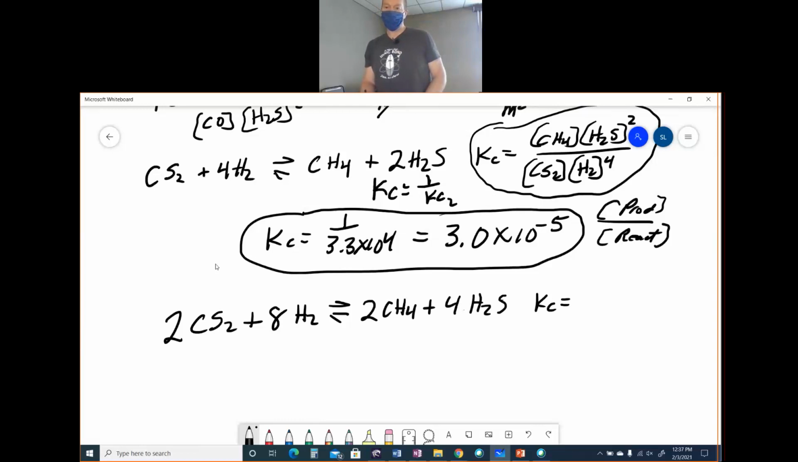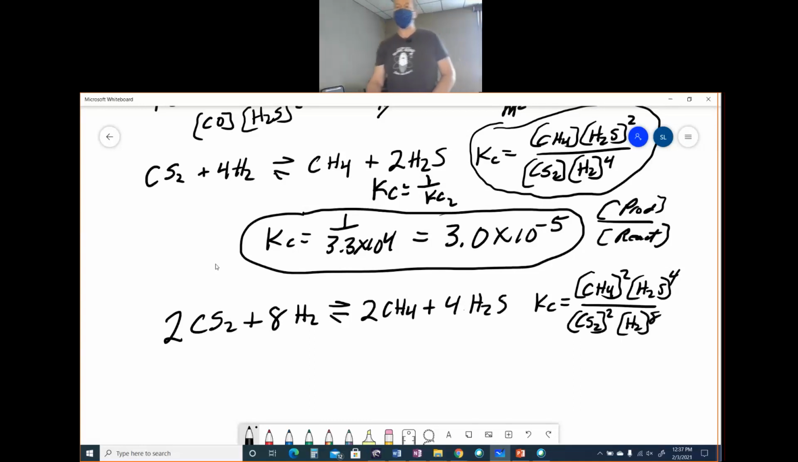All right, so now we have CH4 raised to the second power. We have H2S raised to the fourth power. And our reactants, we have CS2 raised to the second power. And we have H2 raised to the eighth power. And so when you compare the Kc up here to the Kc down here, you see that it has now been squared. If you square this, then that is a 2, that is a 4, that is a 2, that is an 8. All right, and so when you multiply through by an integer, you have to raise your Kc